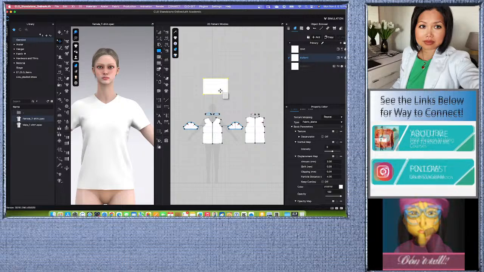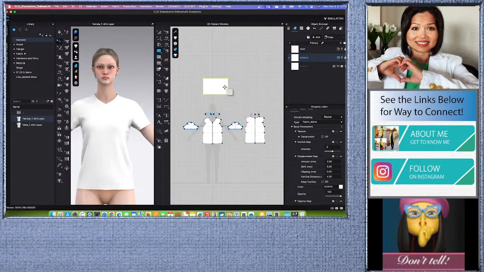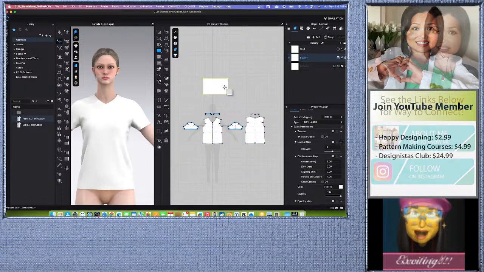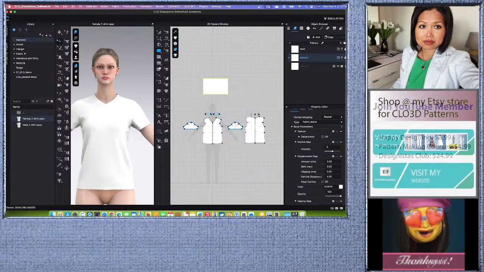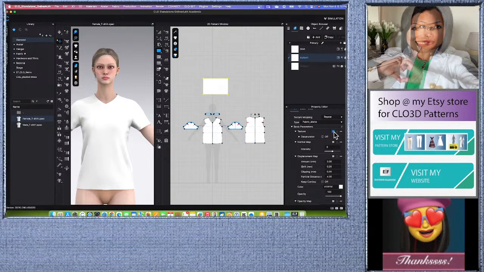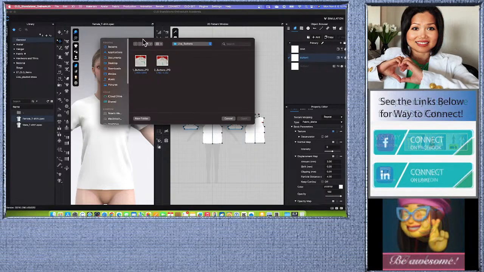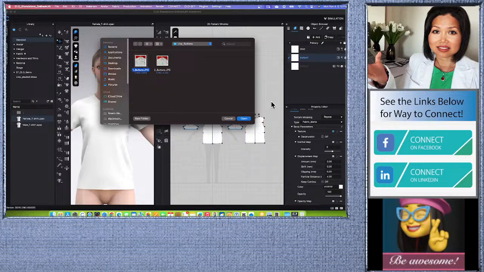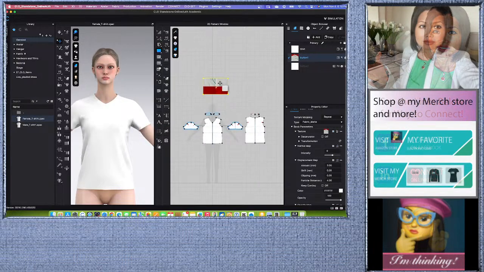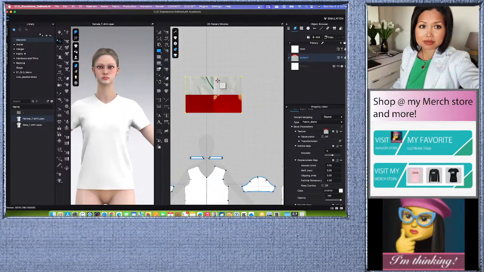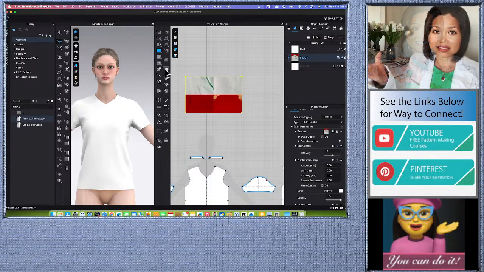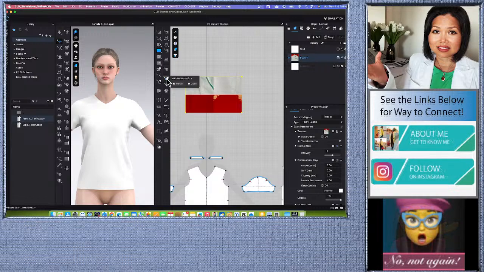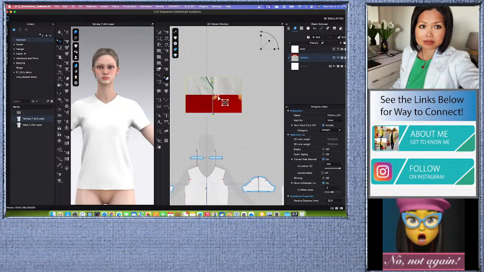So now I'm going to show you how to bring in the image so we can use it as a reference. To do that, click on that fabric, come down here to the property editor and click on the texture. I'm going to navigate to my image here, button 1, and then click on open. Let's zoom in a little, scroll the mouse wheel forward to zoom in, and I'm going to use this edit texture tool here, click on it to select,